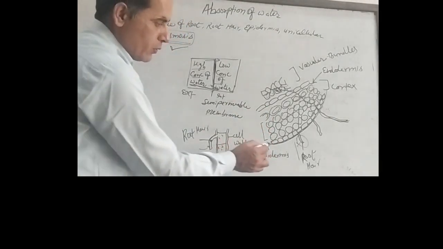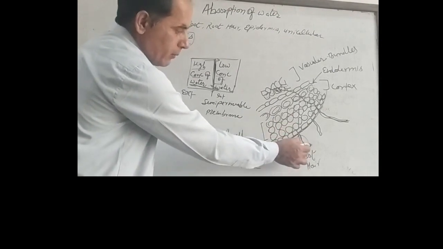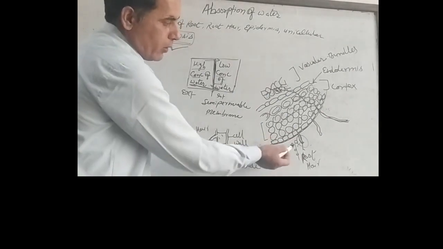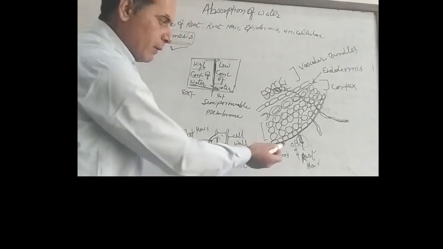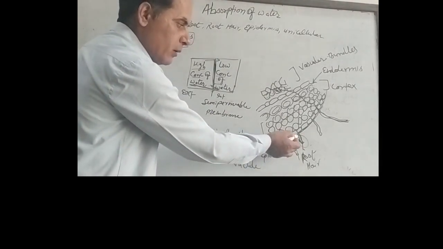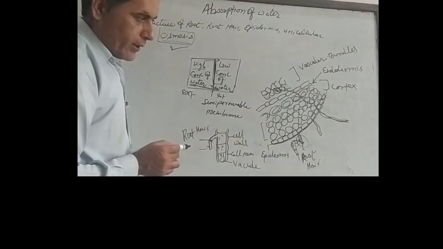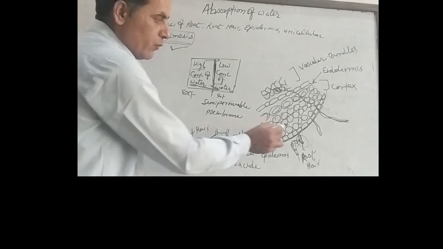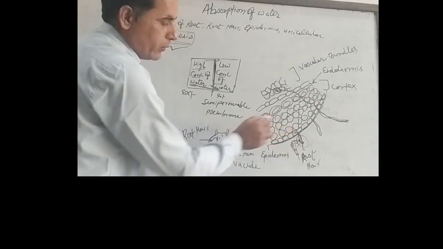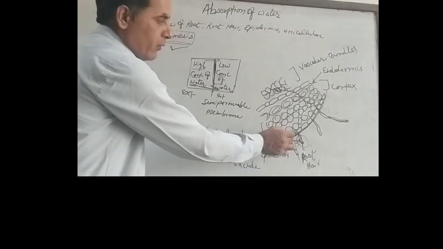This will be understood as follows. Suppose this is the very first structure that comes in contact with water. Outside is water. These are the water molecules. Outside, water is highly concentrated and the water inside the root hair is less concentrated. So water will move from high to low concentration, so water will go into the root hair. Now the neighboring cells of the root hair have less concentration of water, so water will diffuse into the next cells. By the osmosis process, water will go into the next cell, and this is filled with water.